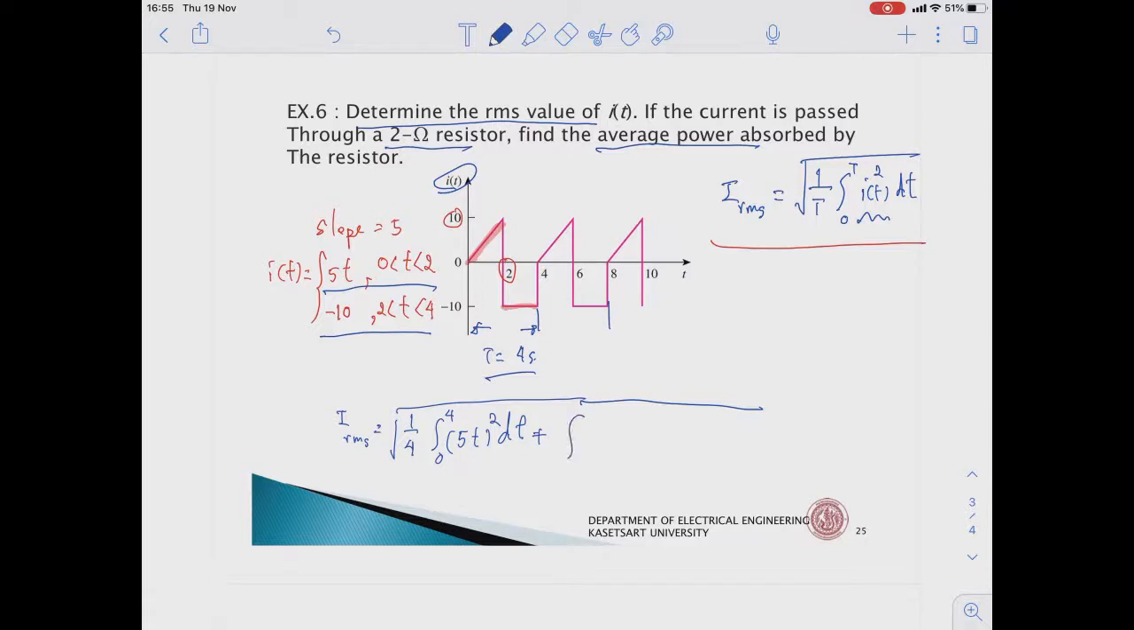Plus integrate of -10 from 2 to 4. This one must be from 0 to 2, and then the square dt. So this one is equal to 1 over 2, right? Okay, it's equal to 1 over 4, 25, right? So it will be 25